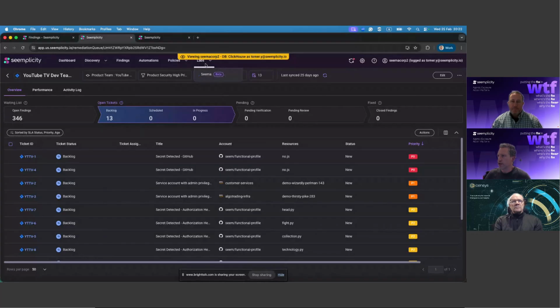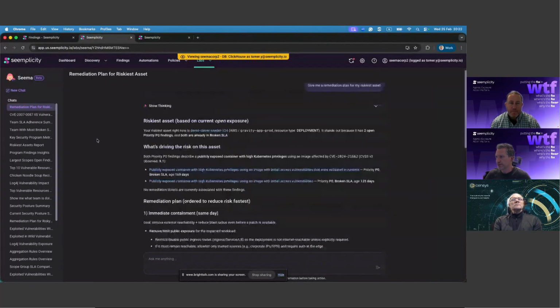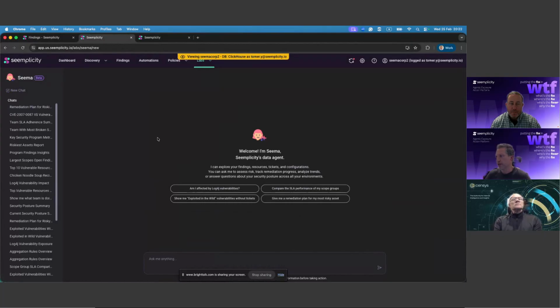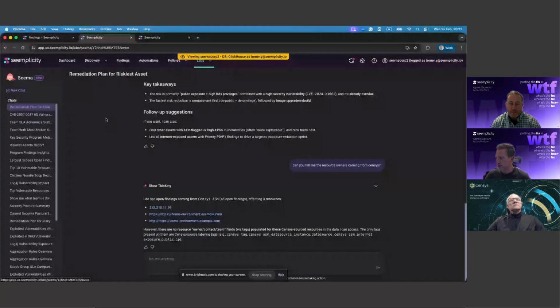Last piece, I think it's very interesting to cover here. We just released our AI chat agent, Sima. And Sima basically spans across the entire Simplicity data. So the great thing about it is you're not bound to the guardrails of the UI or the way the data is modeled and structured. So you're not just asking about a specific use case at a time. It's not just about findings, not just about the resources, not just automation policies. You can ask about everything at once, and you can ask complex questions that span across multiple entities together. So just in here, I had many questions I asked Sima